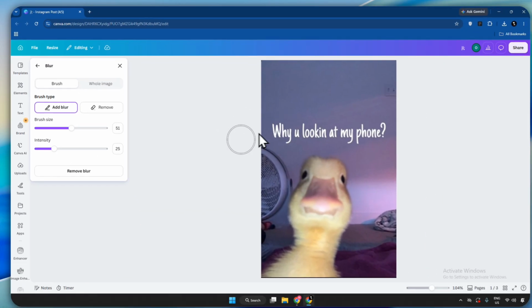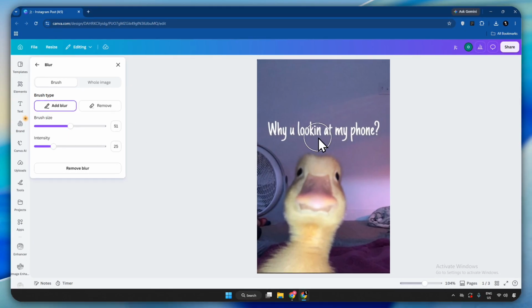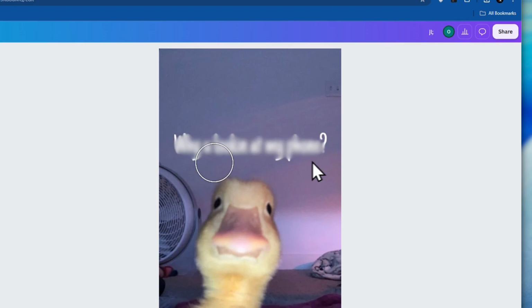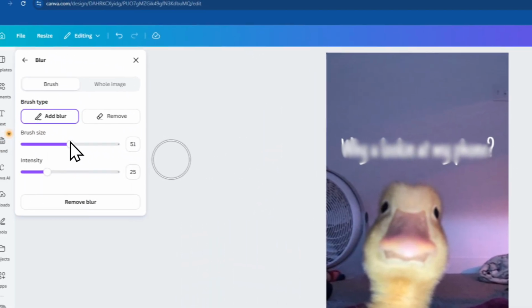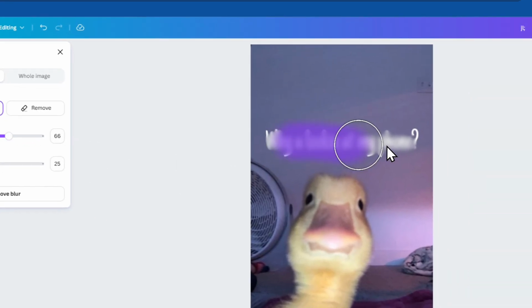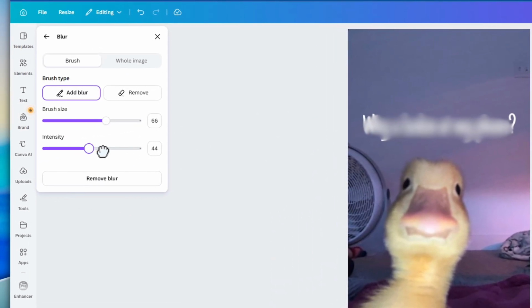Click on it and select the area you want to blur. For example, I want to blur this text. Just click on it, and as you can see, the text is blurred. Now you can increase or decrease the brush size if you want. You can also increase the intensity,